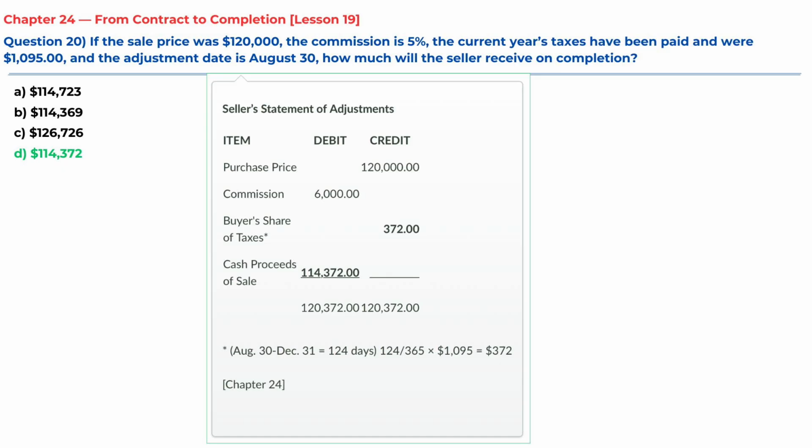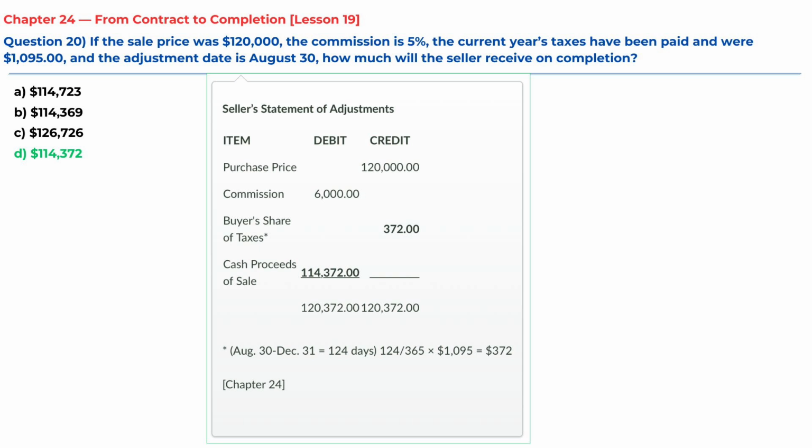Seller's statement of adjustments. Item, purchase price, $120,000, credit. Commission, $6,000, debit. Buyer share of taxes, $372, credit. Cash proceeds of sale, $114,372, debit. Our total credits and debits balance out to